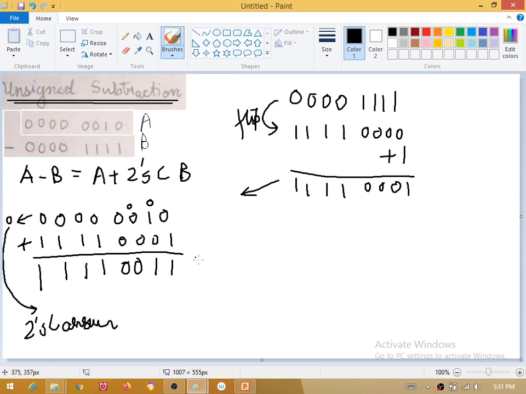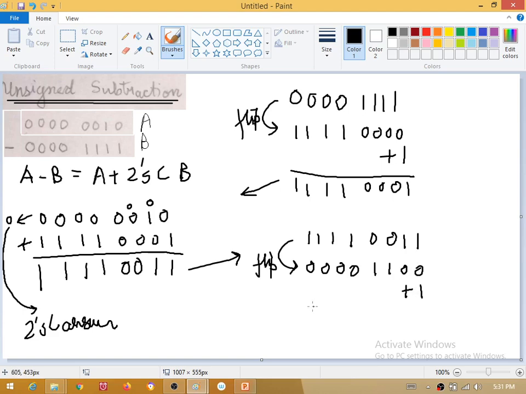So let's take the 2's complement of this number. I have the number 1 1 1 1 0 0 1 1. Flip the number, it becomes 0 0 0 0 1 1 0 0, plus 1. So it will give me 0 0 0 0 1 1 0 1. So what is this number equivalent to? This number is 8 plus 4 is 12, plus 1 is 13, and in front of it I need to artificially write a